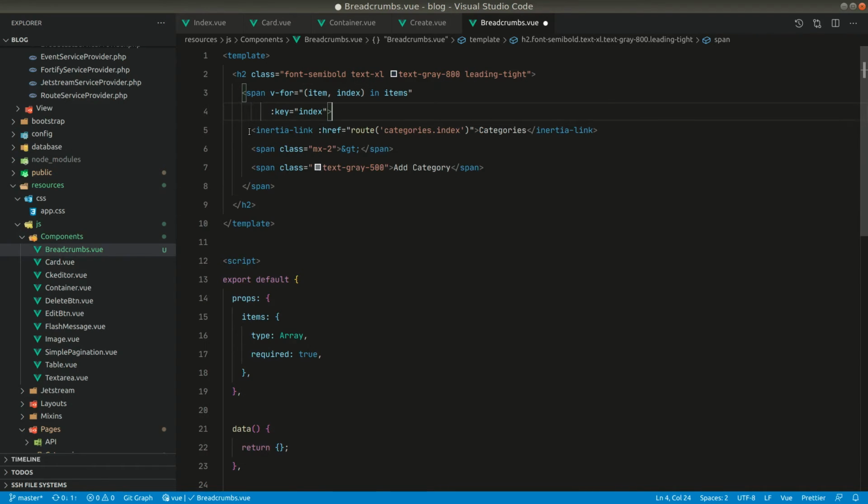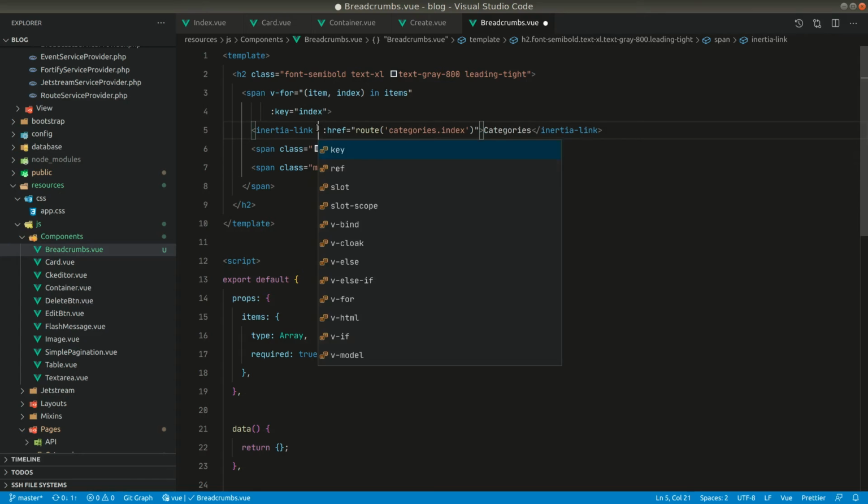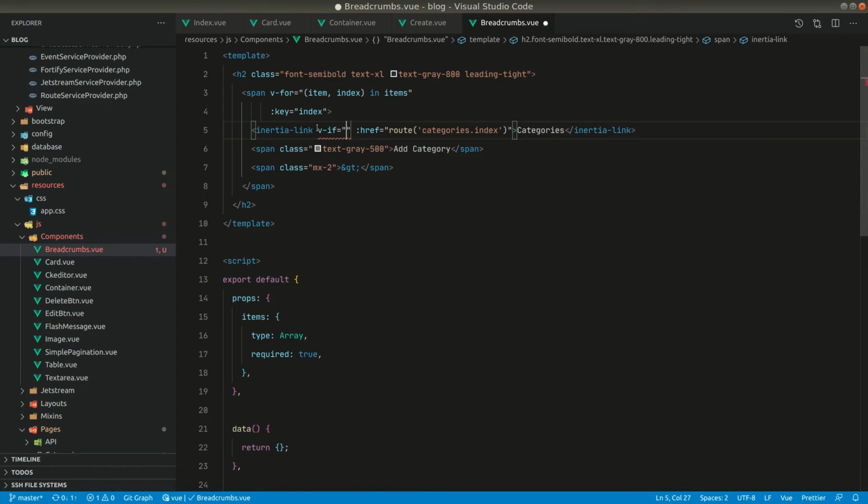So if there is a link, then we'll give it an Inertia link, and if there is no link, then we'll just give it the add category. So for now let us move this up here, and let's say here if item.url, then we'll show this, and if there is no URL, we'll say else, and we'll only show this. And here now we'll say item.label, and here also we'll say item.label, and here we'll say